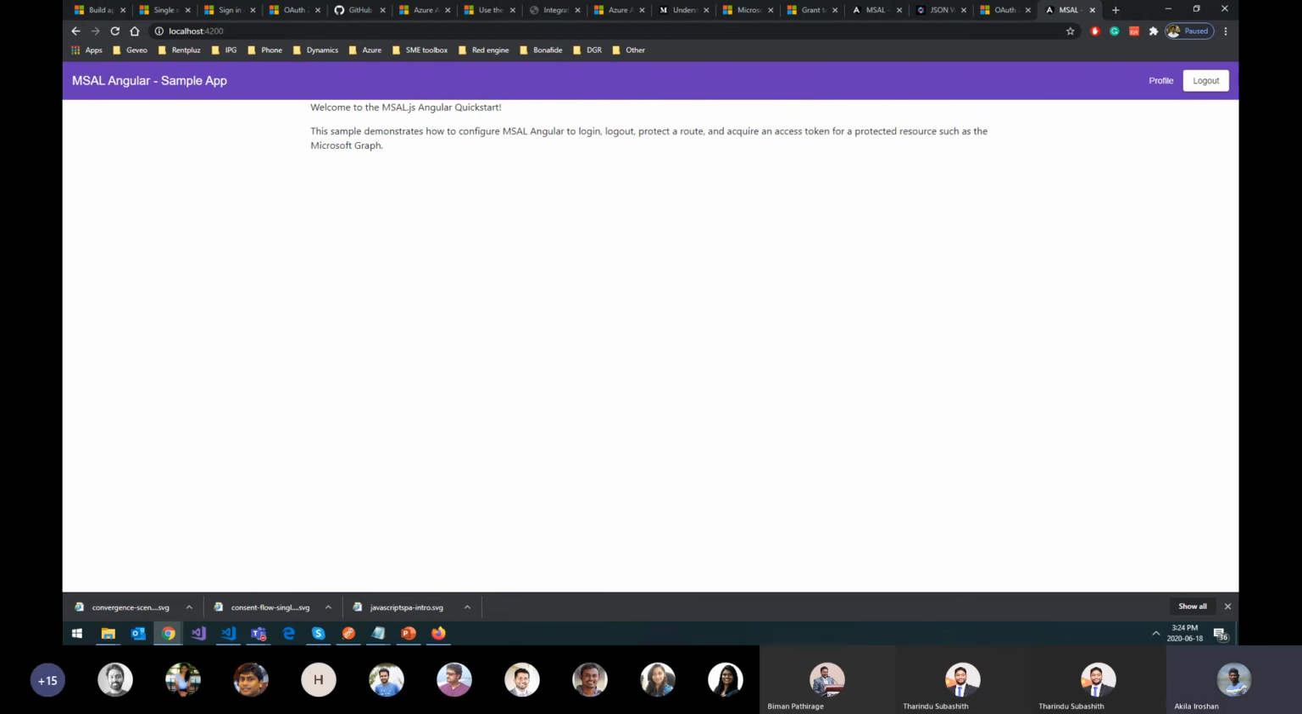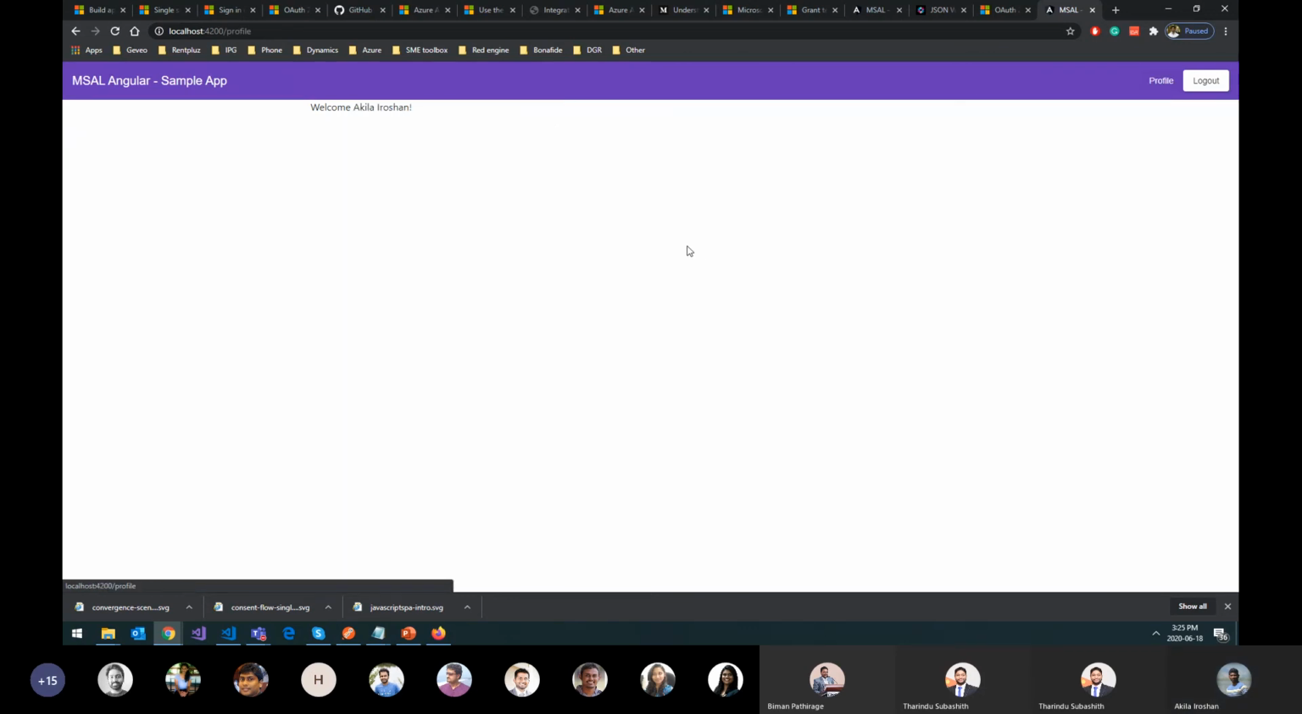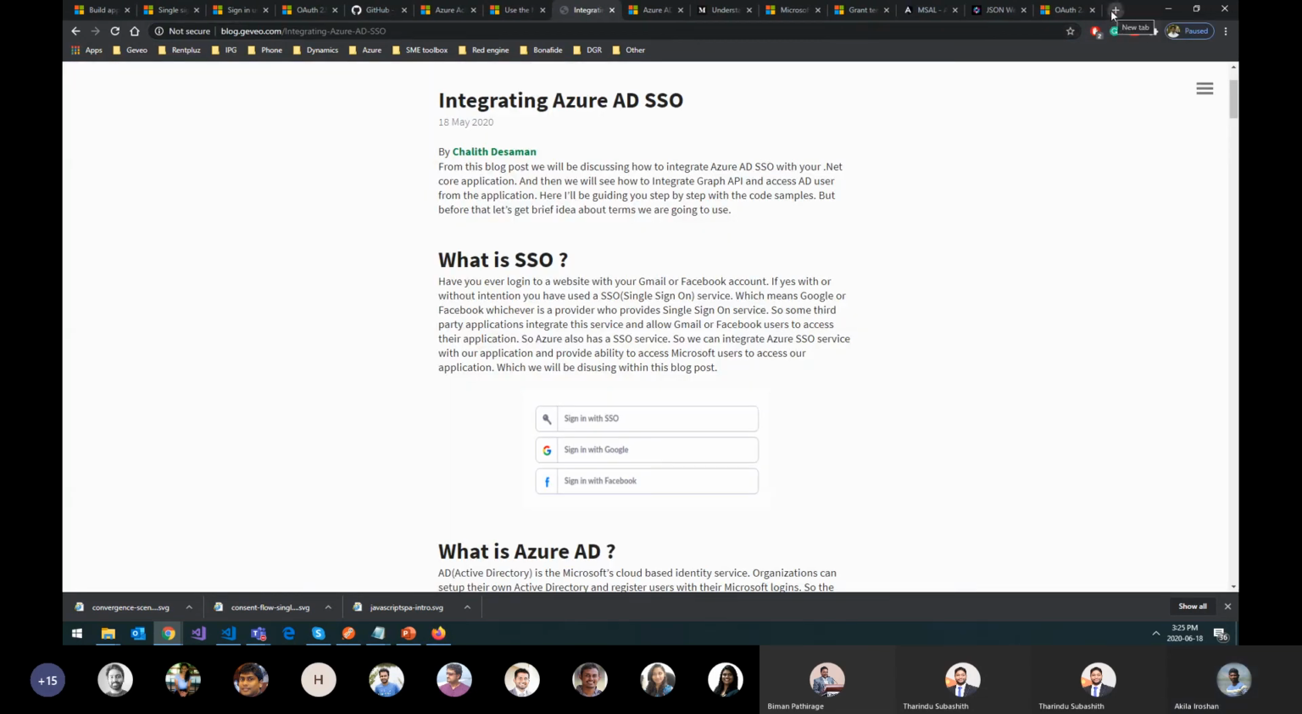Okay, so this has been changed to logout. The reason I haven't got the consent prompt is that I have already logged into this earlier. If I move to the profile, it takes the logged-in user's name and displays it here. I'll just close the tab and